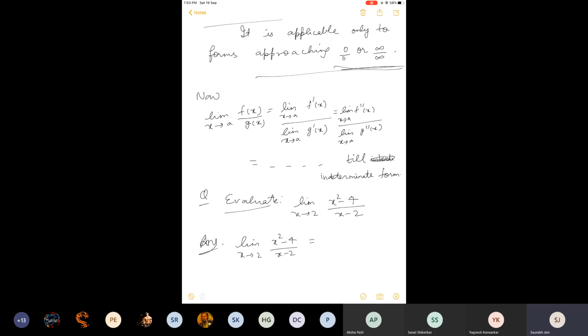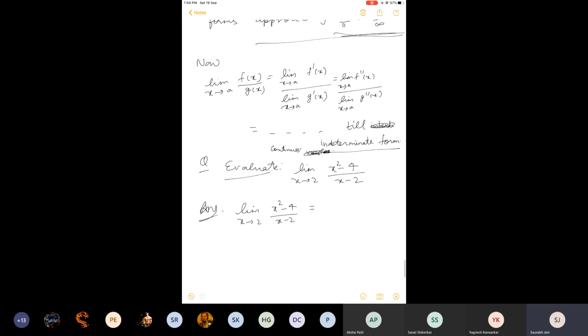Now, if we understand the rule, it says that we have to differentiate numerator and denominator separately. Please note, I am repeating again and again. f dash x, g dash x. f double dash, g double dash. What is f double dash? Differentiating for the second time, third time, and so on. Where will you stop? Till indeterminate form vanishes. I forgot to write one word, that is vanishes. Till indeterminate form continues. I may have to differentiate it 10 times, 3 times, 2 times. That depends on the question. Like this one is easy. This will be solved in a single step.